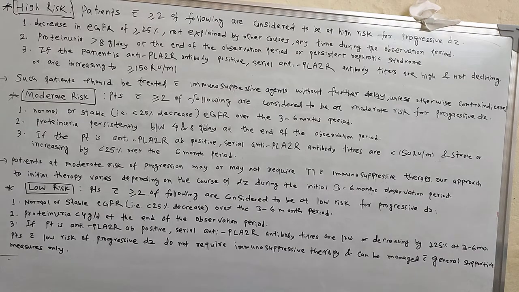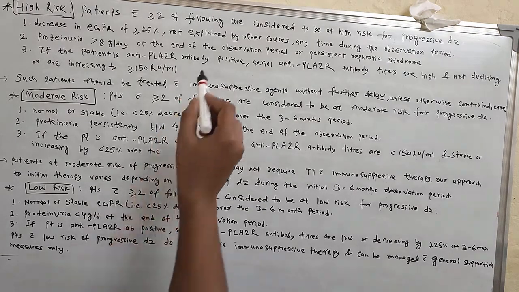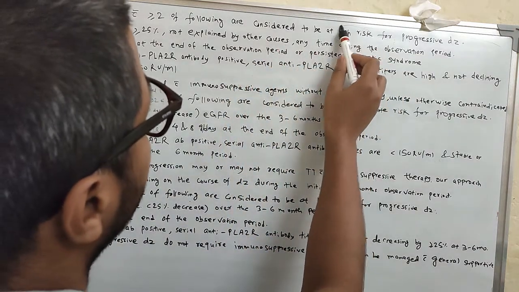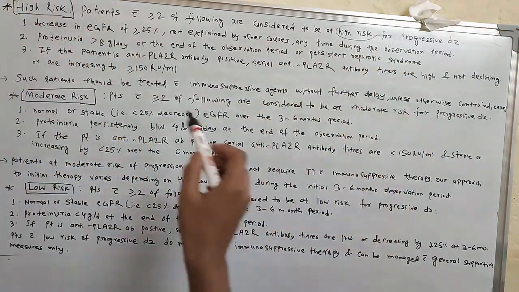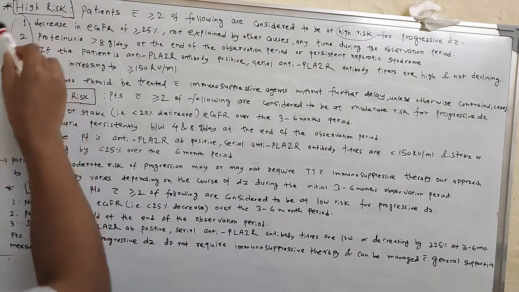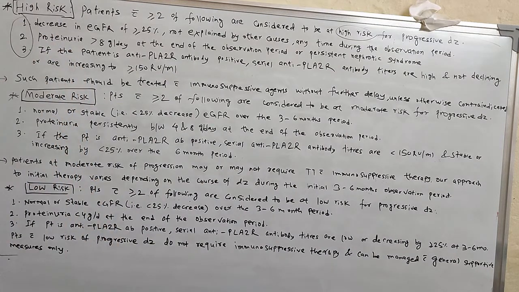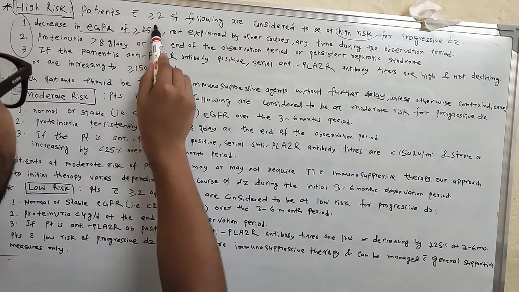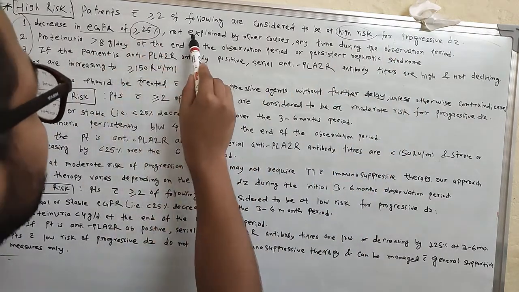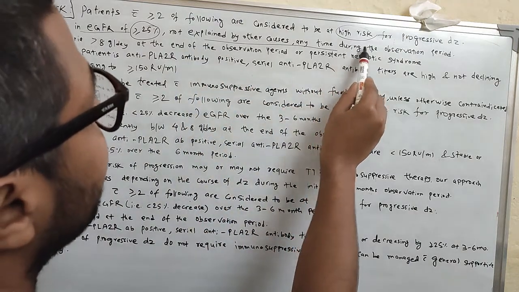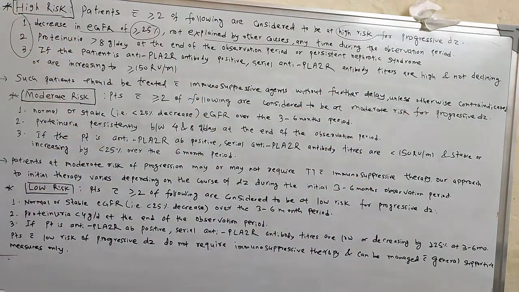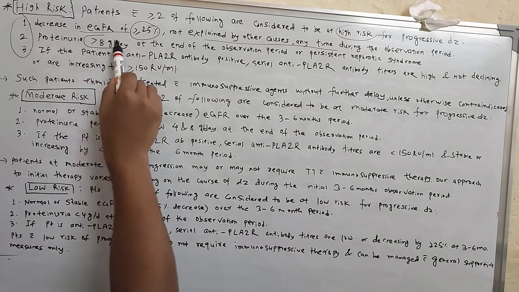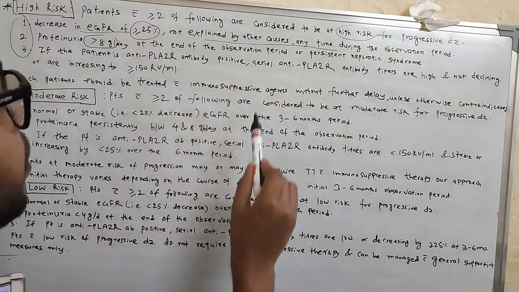In the high risk group, patients with 2 or more of the following are considered to be at high risk of progressive disease: a decrease in eGFR of 25% or more, not explained by other causes, any time during the observation period; proteinuria more than 8 gram per day at the end of the observation period,